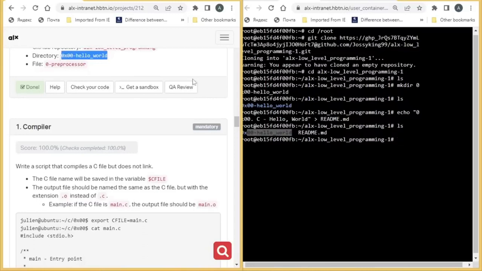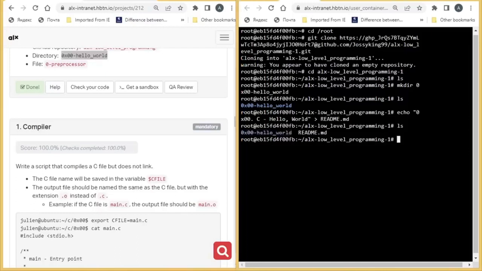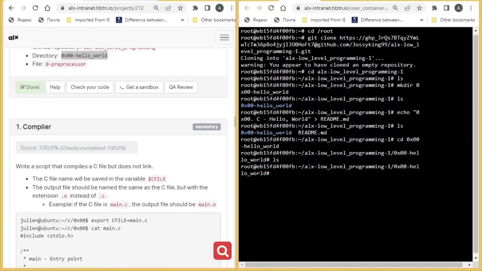So let's create that. Let's create that directory. Sorry, let's create that readme. We already have that directory. So let's cd into it. Alright, so we are now here in this directory 0x00 hello world. So if I list, it is empty. So let's create a readme file inside this directory. So echo